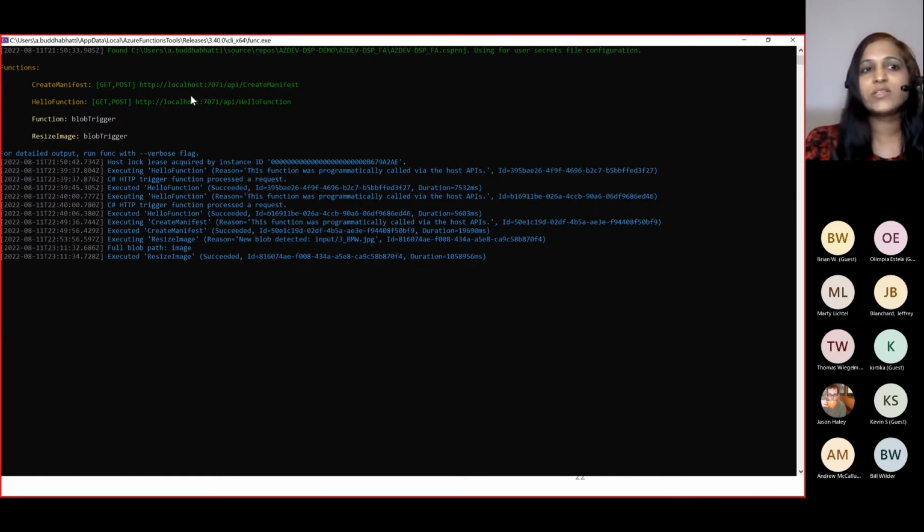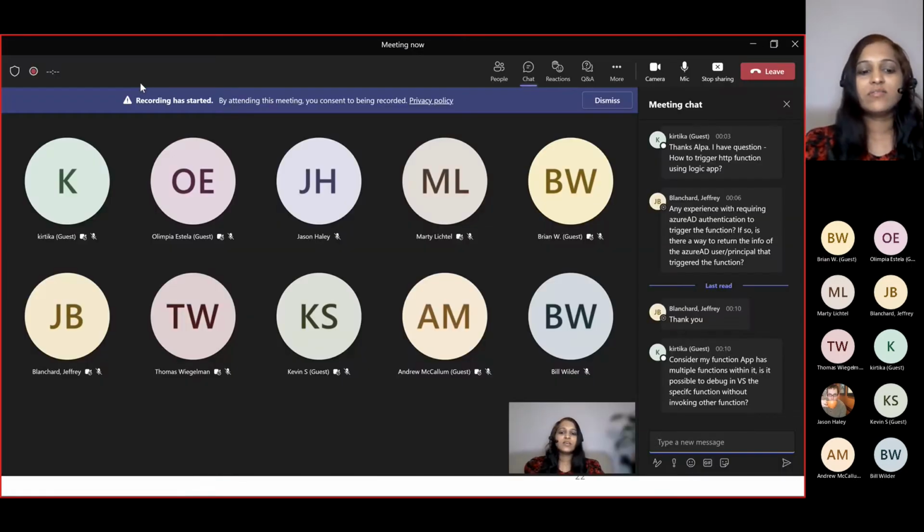But these two functions are like individual ones. So I can have this URL and I can run it wherever I want, using a browser or Postman or like that. But I think you have a function app. So